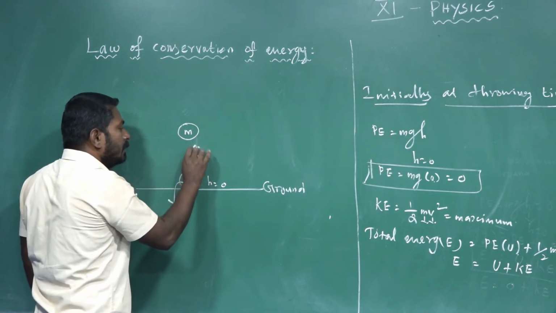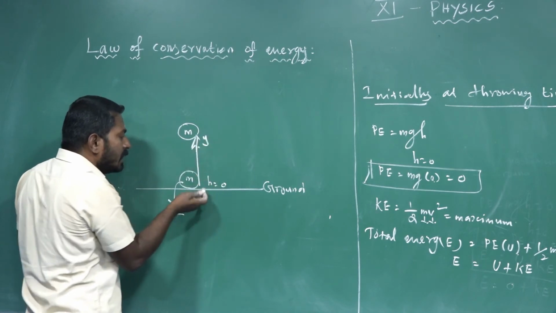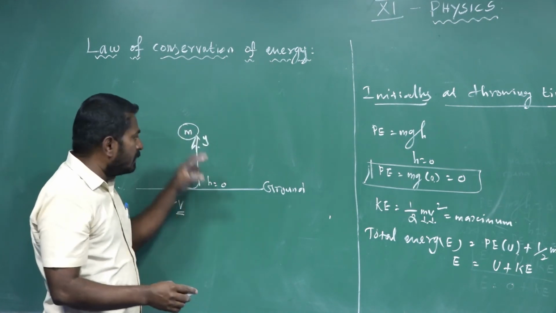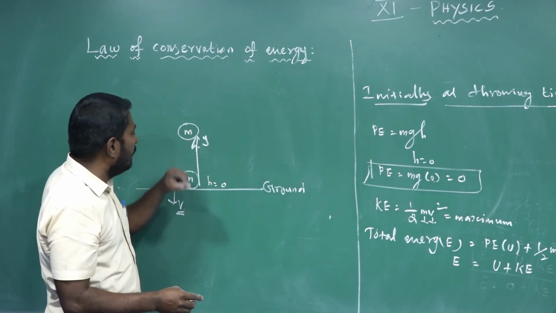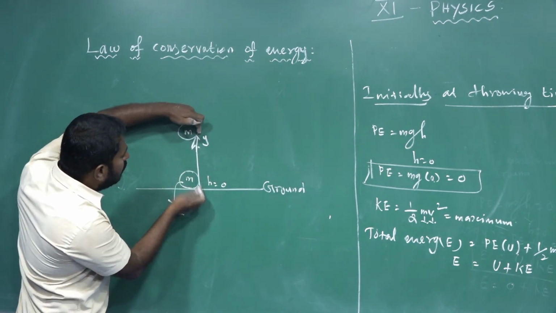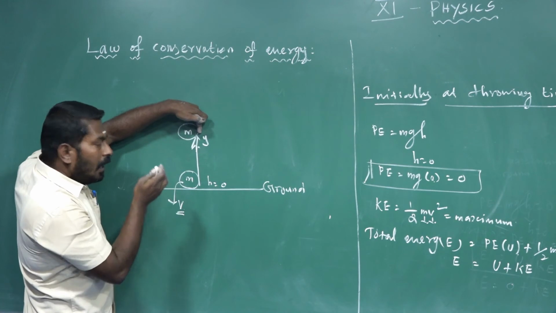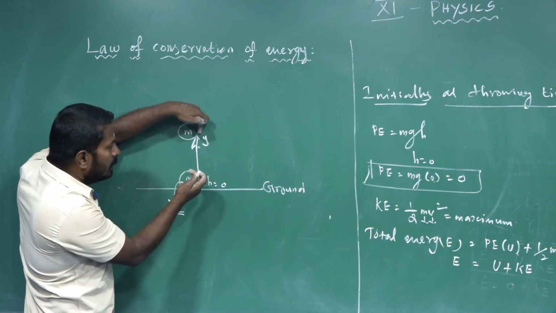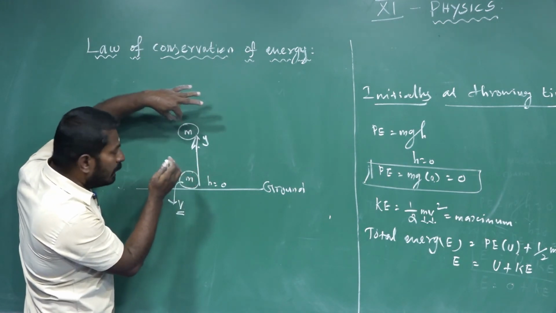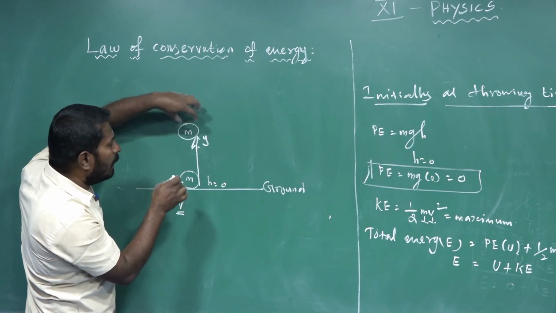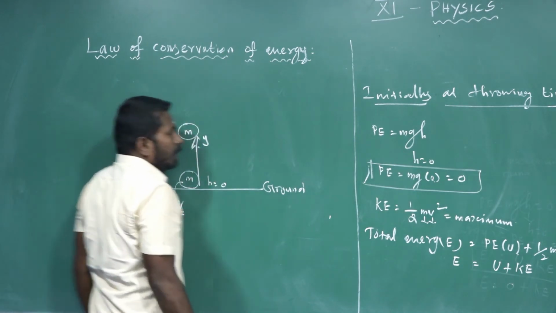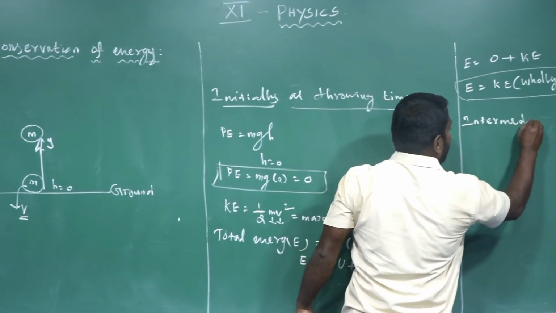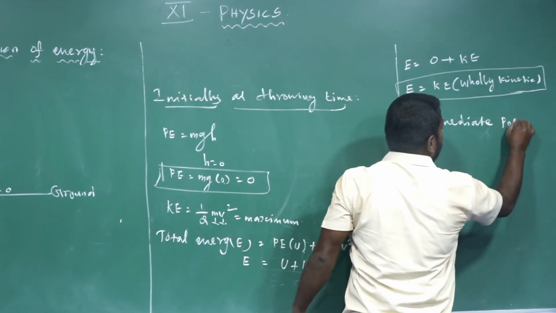If the body covers a distance y from the surface of the ground, at that instant the body possesses two kinds of energy, both potential energy and kinetic energy. Depending upon the height covered by the body, it possesses a potential energy, and it possesses a particular velocity, but the velocity decreases, so kinetic energy decreases. Anyhow, at that instant it possesses a certain velocity, and at that instant of time it possesses a kinetic energy. So at that intermediate position,